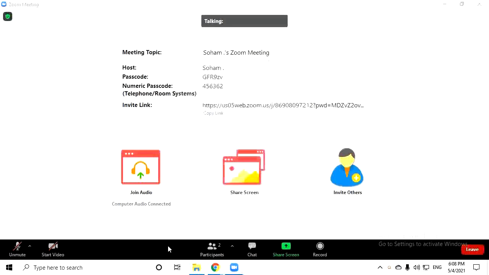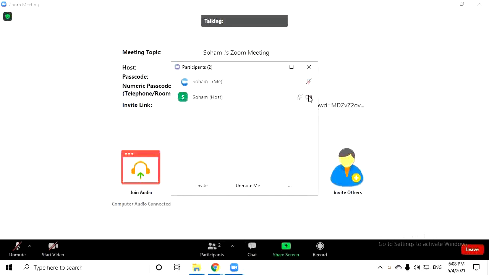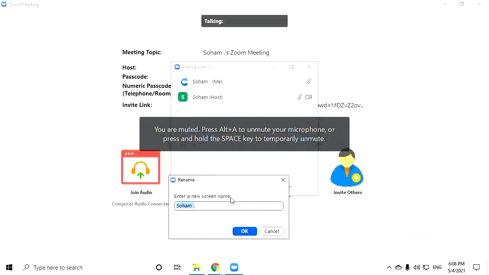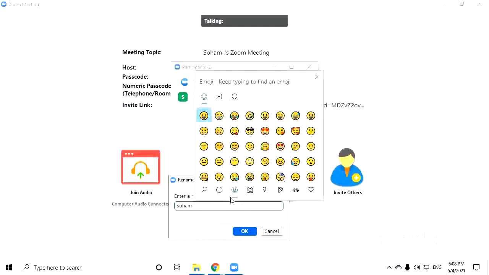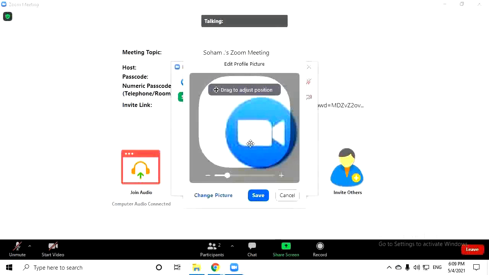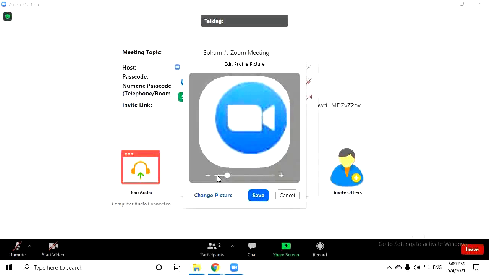And you might have noticed that the security button which was coming here is not here because we are now a participant, in another account. So the participant has limited options. He can mute or unmute himself, start his or her video. He can rename himself or herself, and yeah, emojis can also be put in the name, and he can edit his or her profile picture,